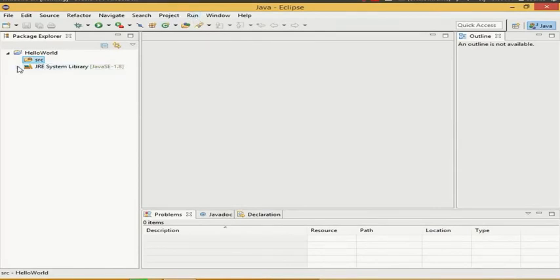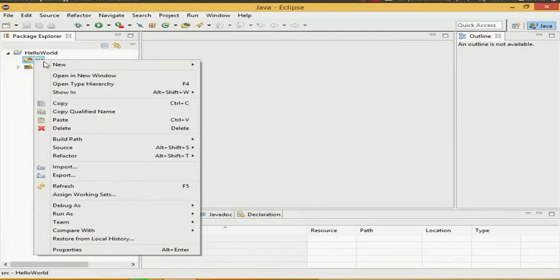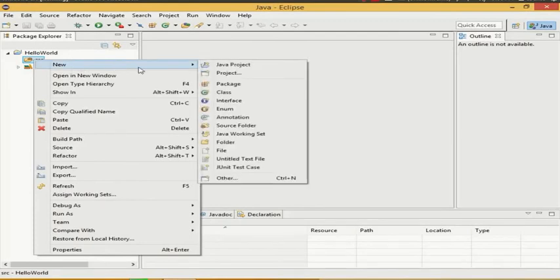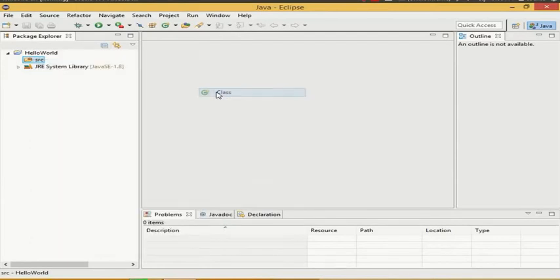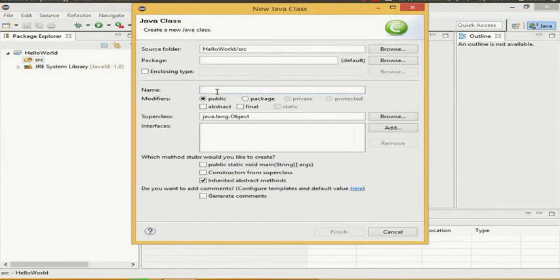So what you can do here is right click on this source folder, go to New, and you can say New Class, and in here you can create your new class. So I will leave all of this as default, but in the name section here, I will name my class as